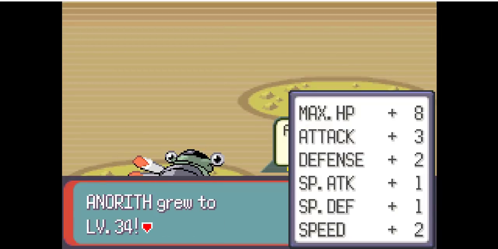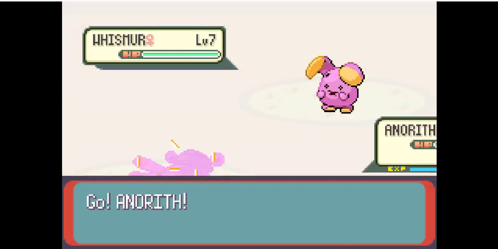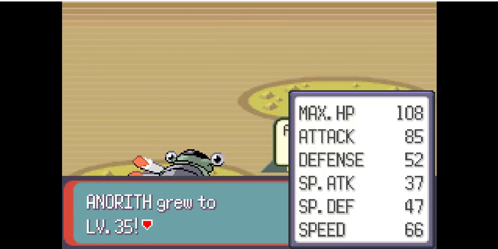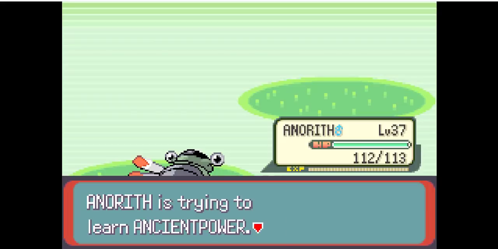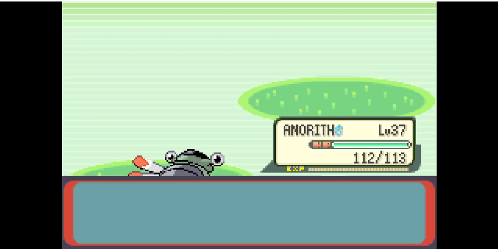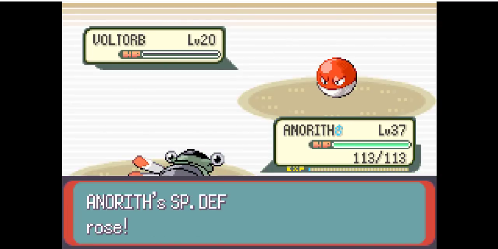I realised that Anorith can learn Ancient Power, which I mentioned earlier is really strong, but it didn't learn it until level 37, so I had to do a lot of grinding to get there. I used that opportunity to EV train and got stronger, and eventually after many wild encounters, I hit level 37 and learned Ancient Power. With this newfound power I returned to Watson, and I still lose twice as I get